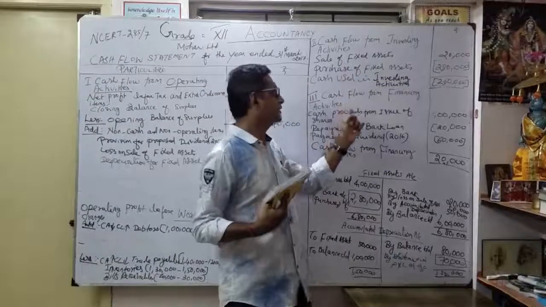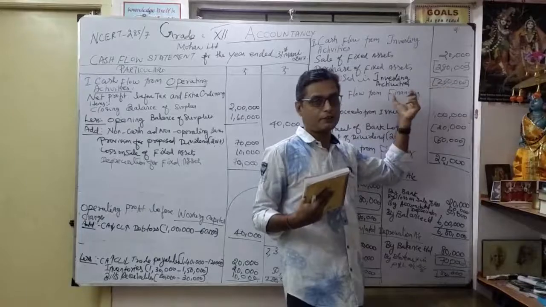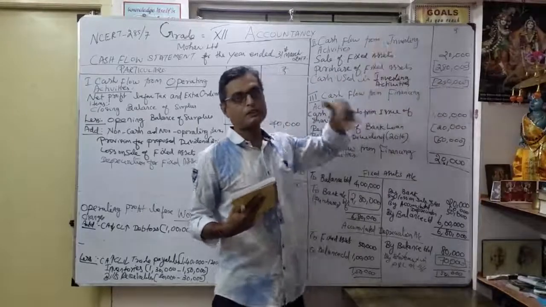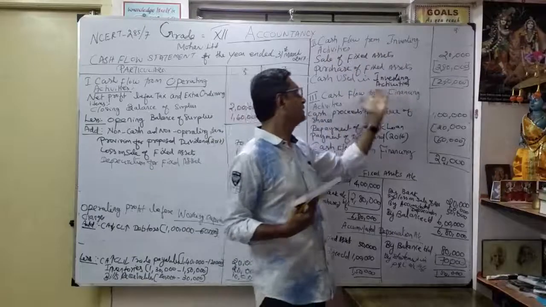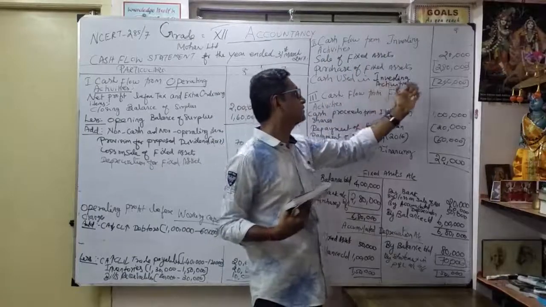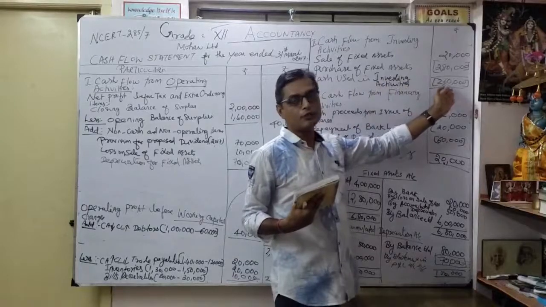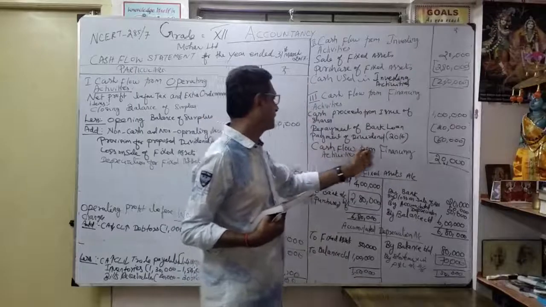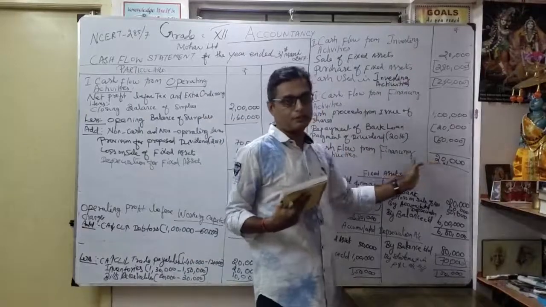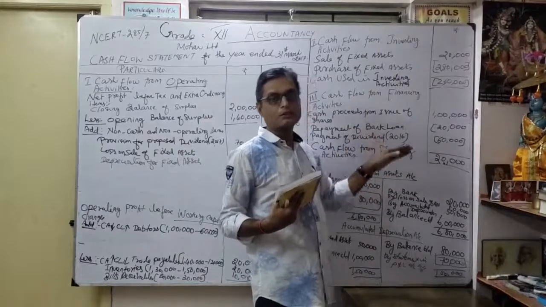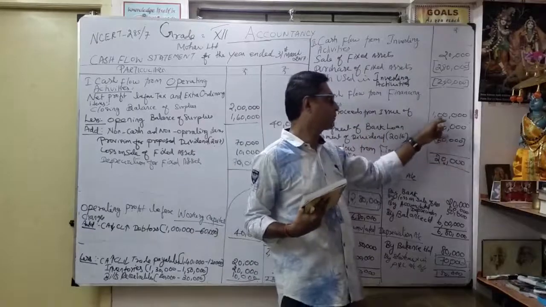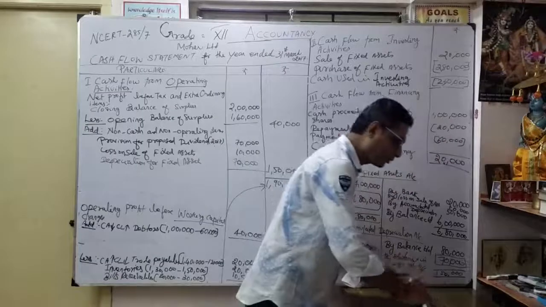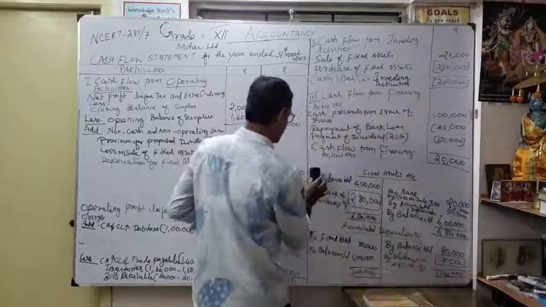Our investing activities 2,60,000 is cash outflow. That's why you have to write cash used, within the bracket, because cash outflow is more than cash inflow. That's why we say cash used in investing activities 2,60,000. We have to show it within the bracket. That is very, very important. Thereafter, our cash flow from financing activities is 20,000. Here cash inflow is more than cash outflow, that's why we get a positive figure. Now what we are going to do, you know very well. See, here I am clearing this.